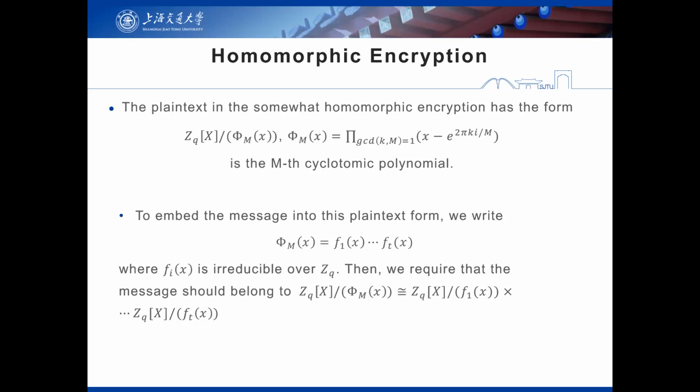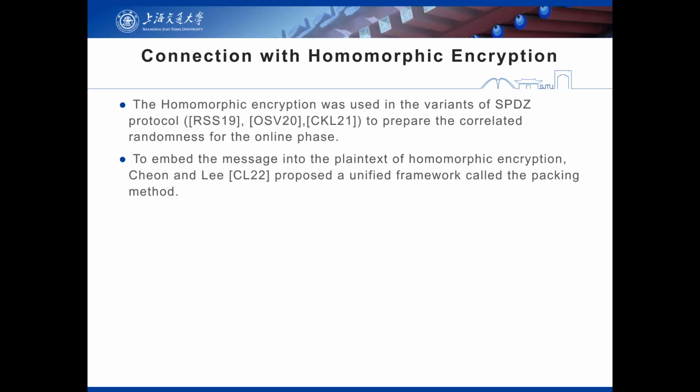Because of this representation, we see that it is equal to this, by the CRT, the Chinese remainder theorem, and we can write it in this form. Each one is a Galois ring, if the degree of f1(X), f2(X) is larger than 1. Actually, this is the representation of a Galois ring.